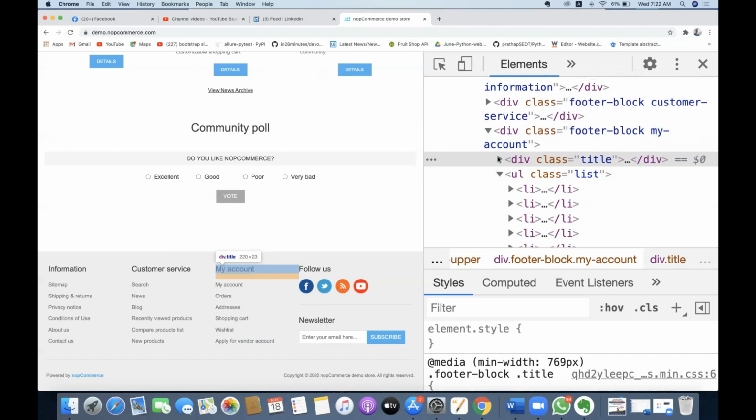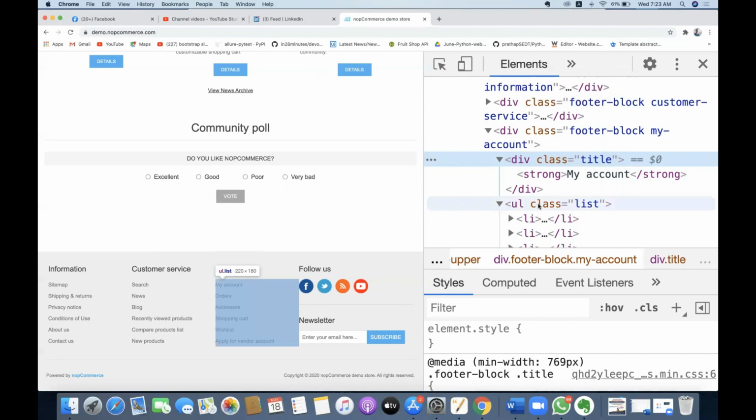So I expanded my div tag and started observing whether there is any unique element available. Though there are no attributes, there is an element with static text, which is My Account. So now there is scope for me to identify the unique element, and from there I can go and identify all my children.